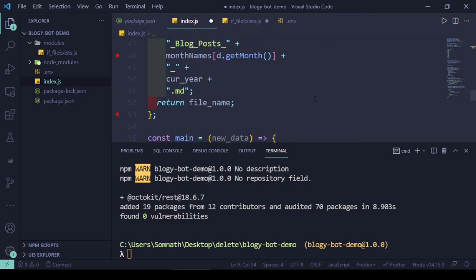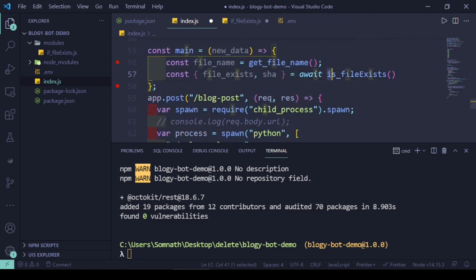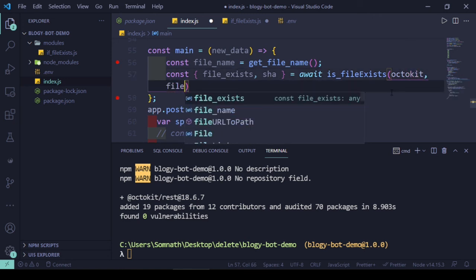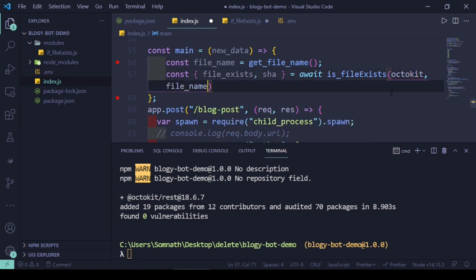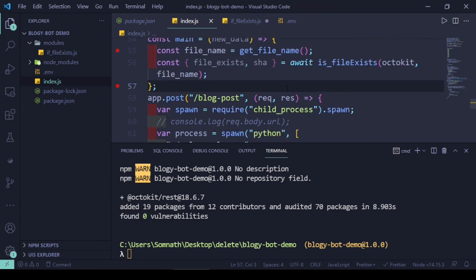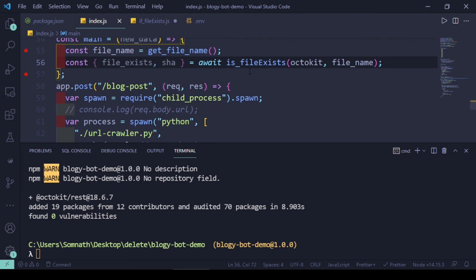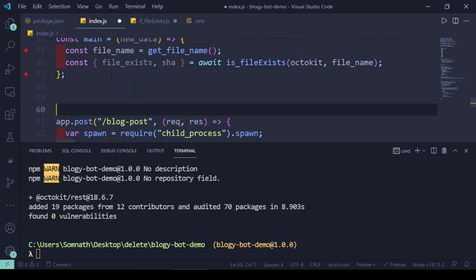So here is our isFileExist, so we need the Octokit over here, and the file name which we just received. These two things we'll pass from here. So that's okay. Very simple now. Let's make a little more space.